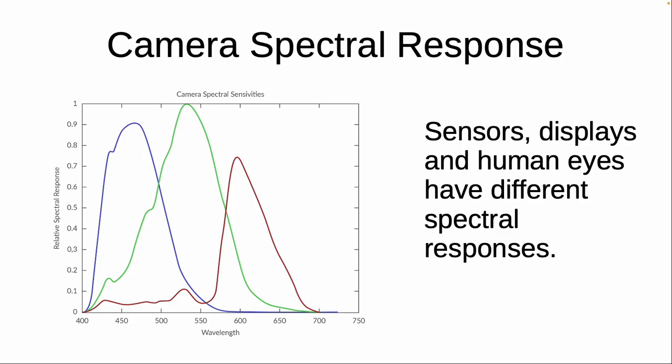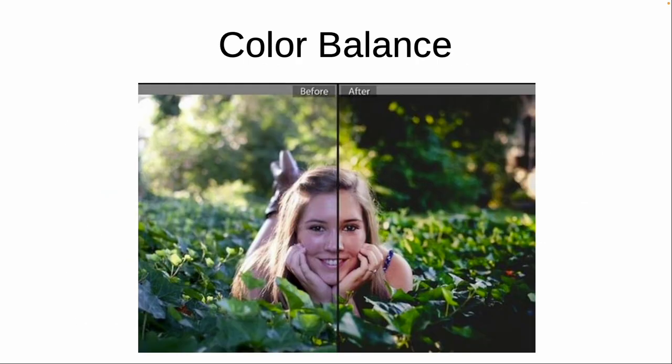Another process has to do with correcting for the spectral response. So the camera RGB has a certain spectral response, the display has a spectral response, the eye has a spectral response, and they're all different. So if you do it without correction, you take a photograph of this woman, on the left-hand side she looks like a zombie or something, the color of her face. On the right-hand side, it's been corrected and she looks perfectly normal. So for evolutionary reasons, people are very sensitive to facial skin color. You want to stay away from the sick. But we don't care as much about the background green. So color balance and rotating the colors is really important.